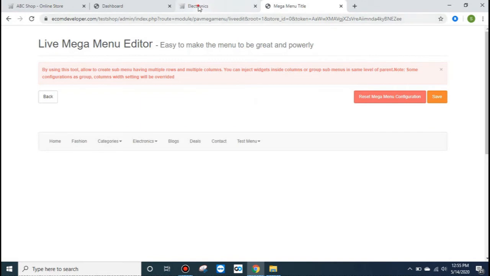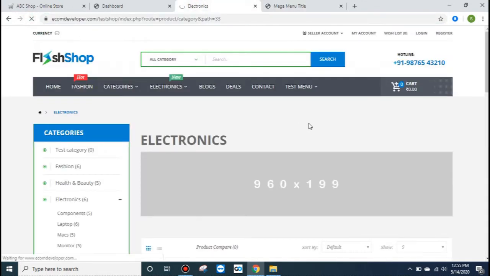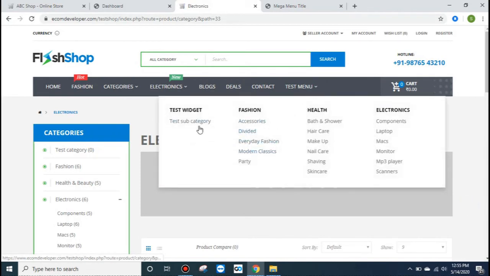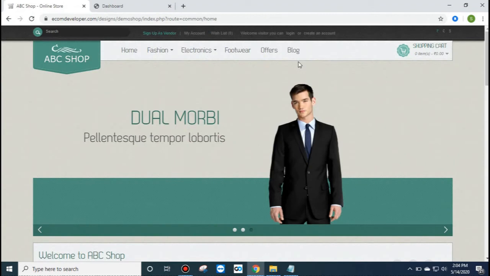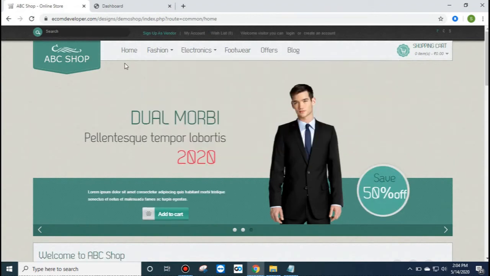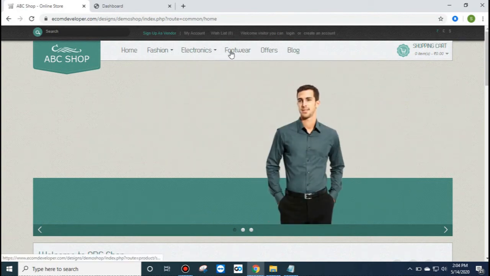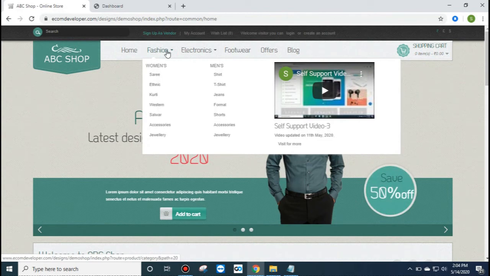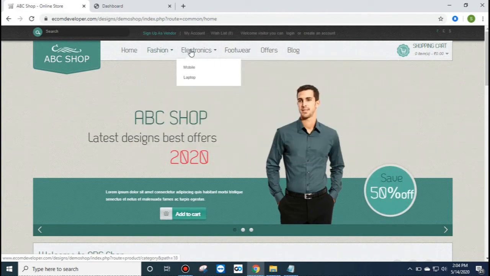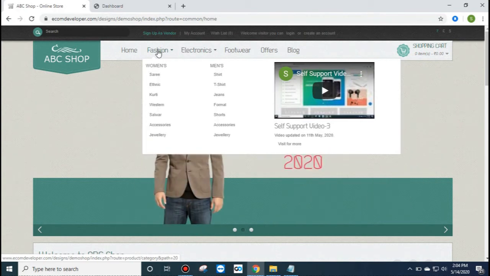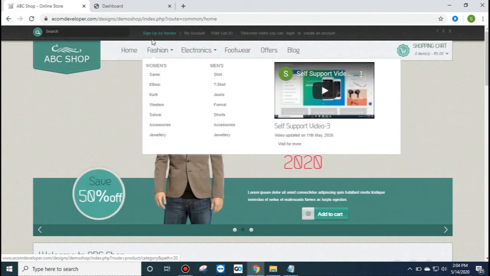Now go to your website and refresh. We will see this type of categories, pop-up menus, has been created. Okay, so this is the way. Now we will also learn in a few designs, like type 1 designs, how to make the menus. We need to follow the same as we have explained just now. Only the difference is there is one more kind of menu creation in this case.